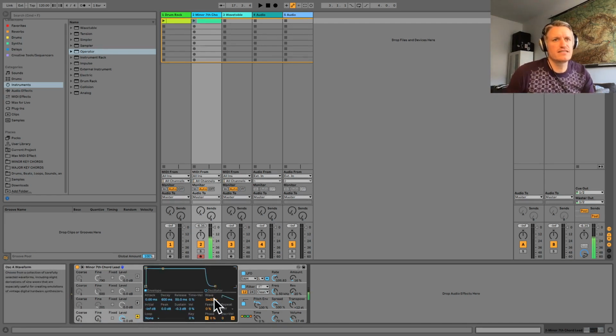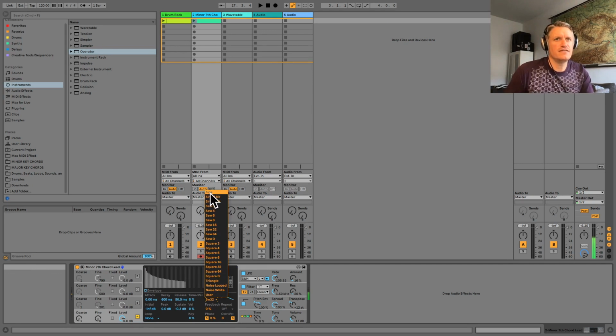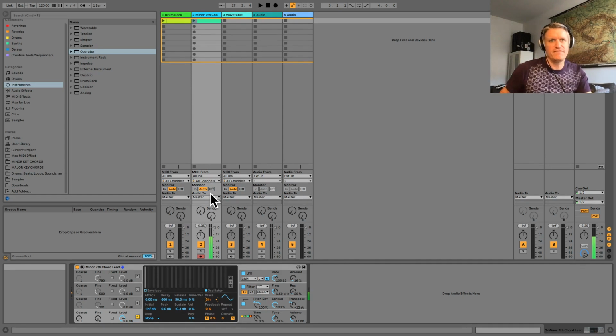Let's look at this oscillator. Now we've got a sine wave. And if you go through, here are the different waveforms that you can choose from with the oscillator. And then once you've selected that, you can go through and